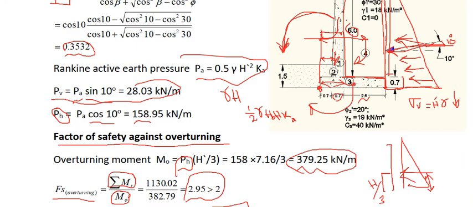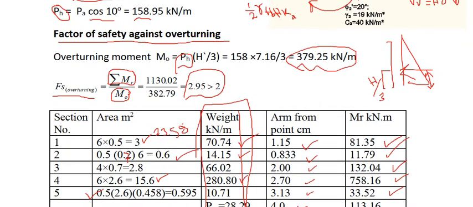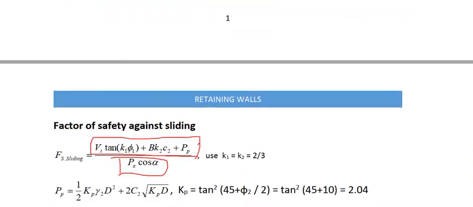Always the factor of safety equals resistance over the causes. The resistance here comes from Vt, the total weight of the structure, multiplied by the angle of friction. Here, this is the base. In general,